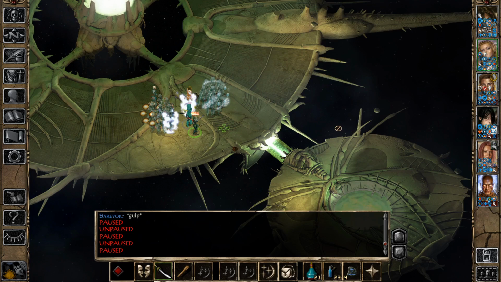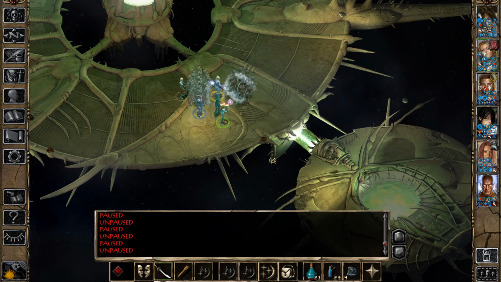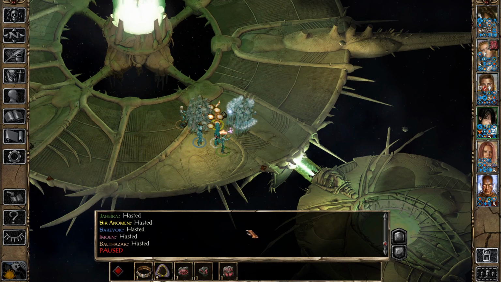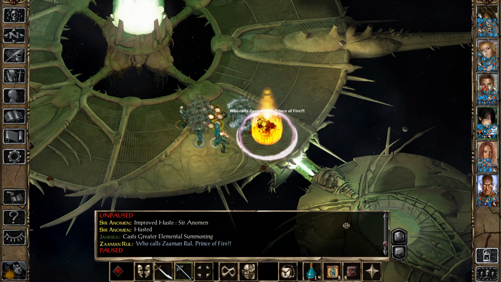And Sarawak, of course, as always with his greater death blows, is going to take care of some other guys. And do we need anything else? Oh yeah, we can summon ourselves another Elemental Prince and see which one of them we get this time. Oh yeah, we can reapply that Constitution buff on...